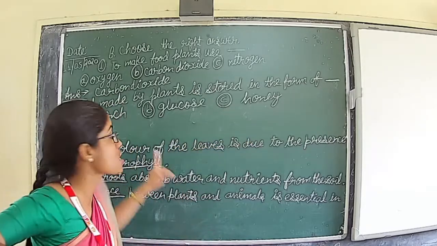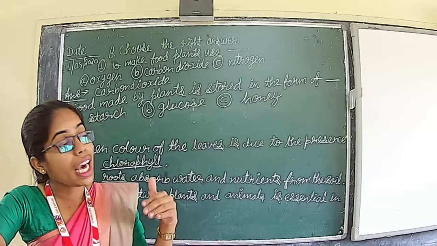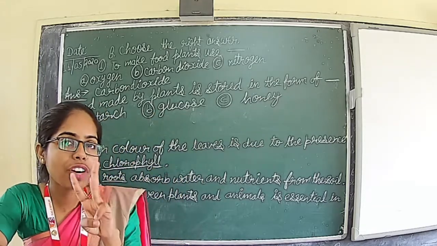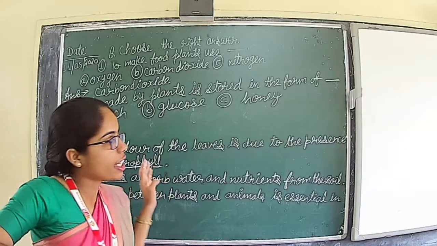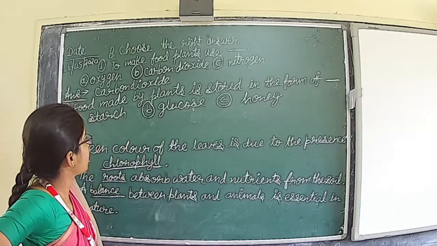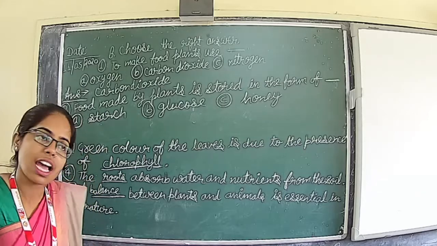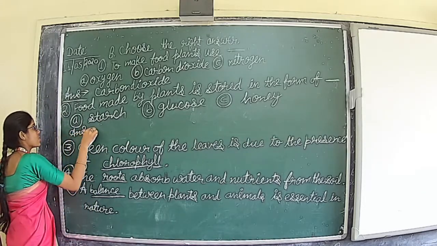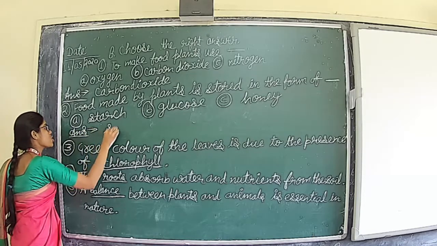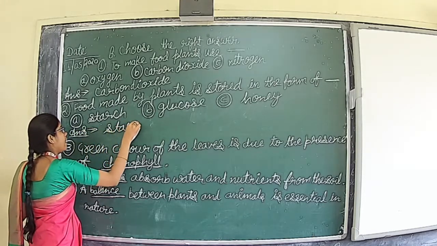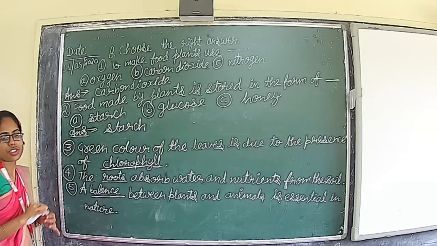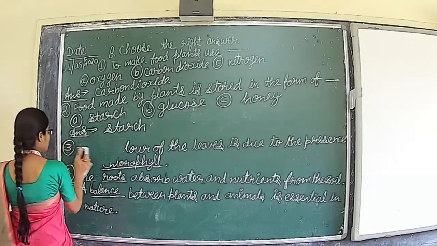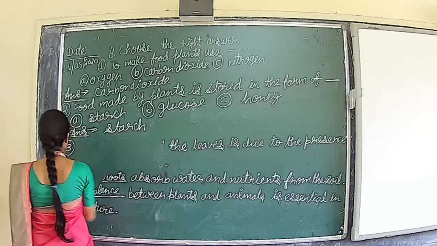Because the options which are given are not appropriate according to the question. So we are adding three words, the form of, then we will get exactly the answer. In the form of starch. Yes, our answer is starch. What will be the answer? First option is correct here, and that is starch. Okay? Yes. Now, moving to question number 3.